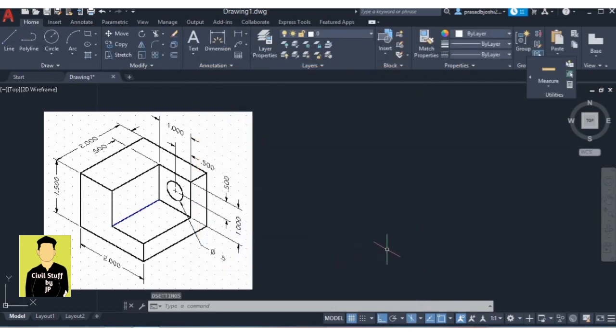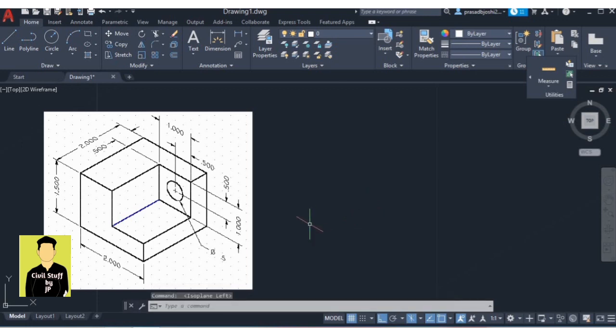Now you can see that the cursor has changed. We are having different views. We are having top view, left hand view, and right hand view. So to change the view, we can simply press the shortcut F5. By pressing F5, the view will change. Now currently the view is left hand side view. So if I press F5, the view has changed to top view. Similarly, if I press F5 again, I will get the right hand side view. So you can change the views by pressing the shortcut key, that is F5.